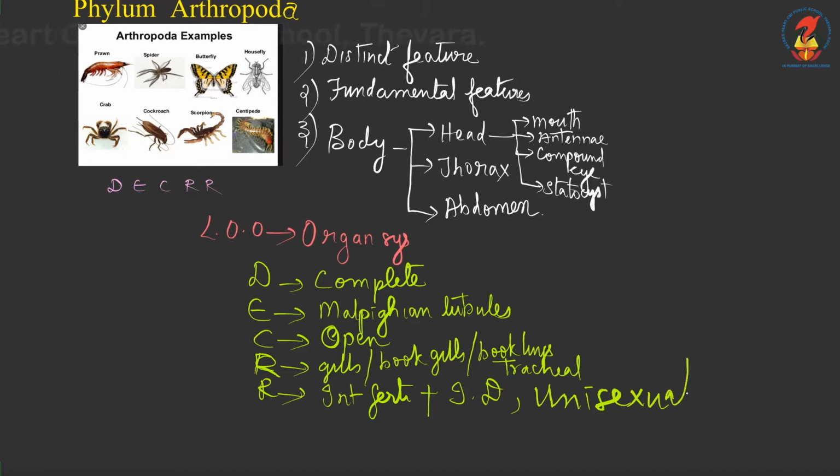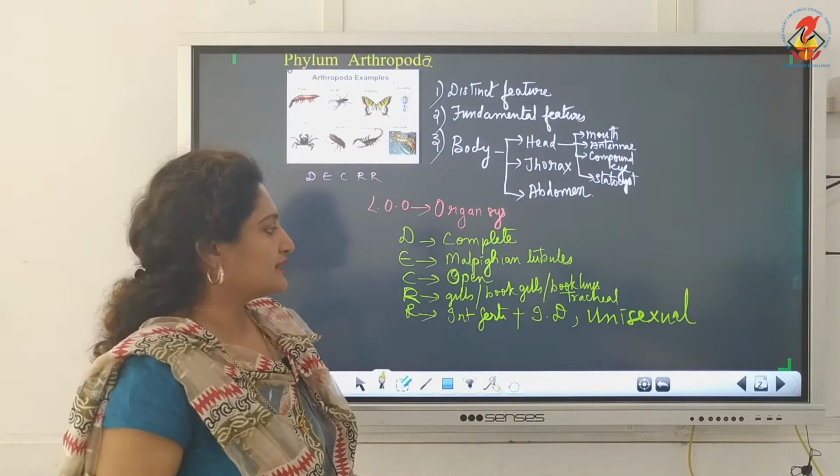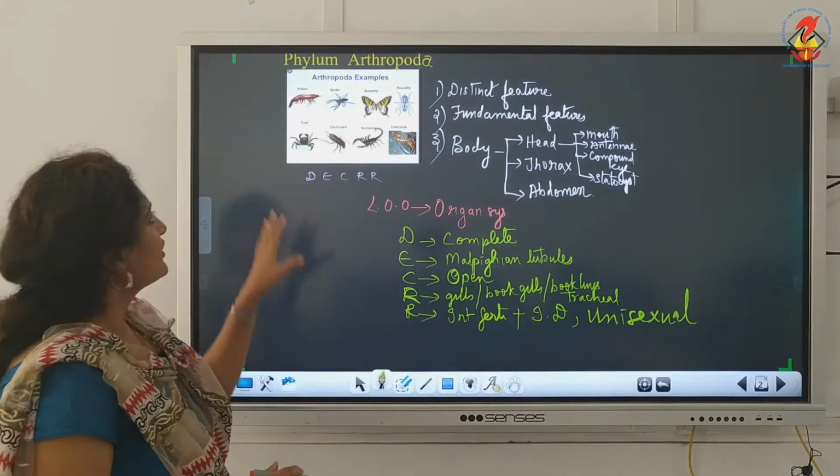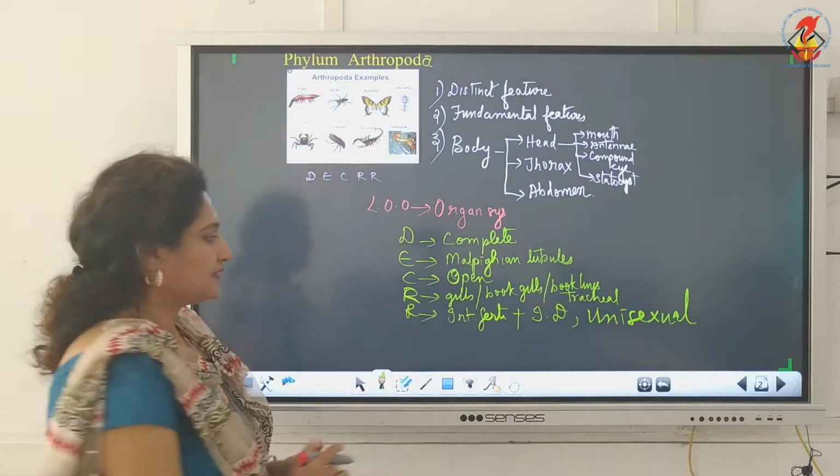Unisexual forms means their sexes are separate. Okay, there are two different beings, male and female. They are not bisexual. Clear? So this is phylum Arthropoda. Next,